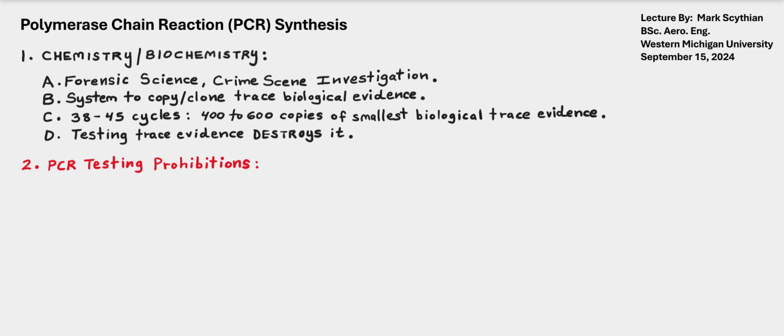So the prohibitions on PCR, as if we were testing, so there's nothing to test. You have the biological sample, you're just trying to copy and make more of the sample. So when you go to test it and unwind the nucleotides and the DNA molecule, you can test it incrementally by differential isolation. So in other words, if you tested the first 10,000 DNA molecules for blood type, and then you could test the next one for haplotype, then mRNA, then mitochondrial DNA, until you put the whole picture together and you have some base, repeatable,